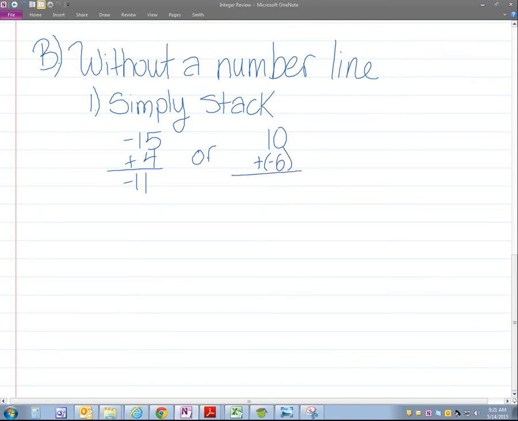Ten plus negative 6. 10 plus negative 6 is 4. Tough stuff. And another way of doing it,